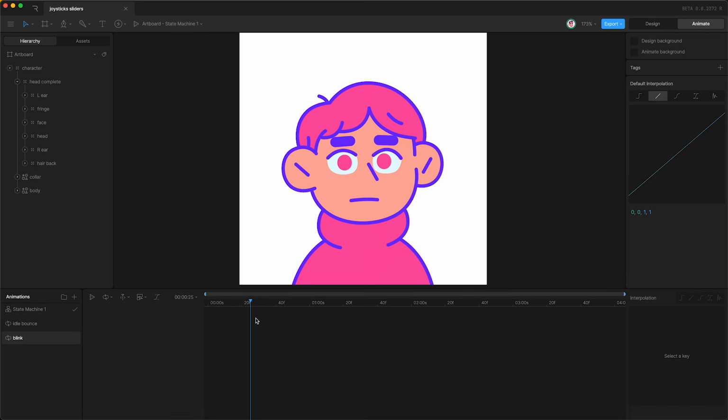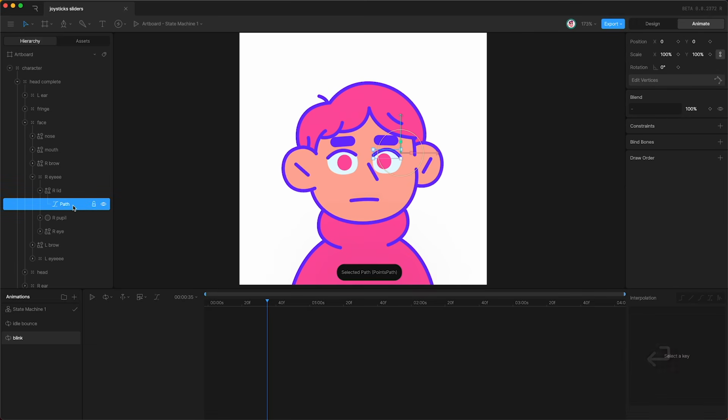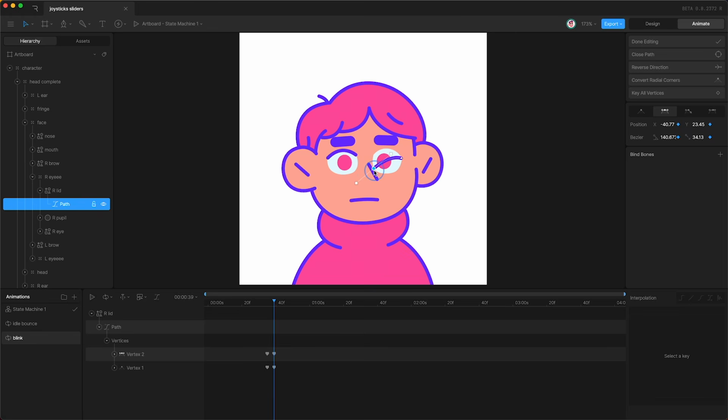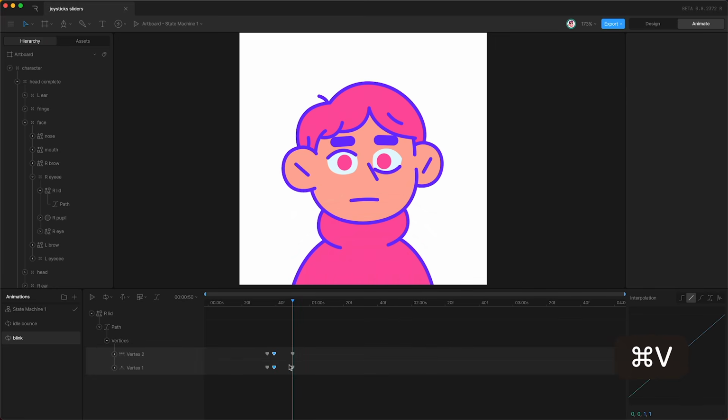Let's animate a blink. Open up my face group, go into the eyes, highlight the right lid, tap enter, and then tap enter again to edit the vertices. Tap this button to key all vertices. Then move forward a few frames, key all vertices again, and I'll just edit the shape to match the bottom of the eye. Then I'll move forward a few frames, copy and paste, move forward a few frames again, and copy and paste